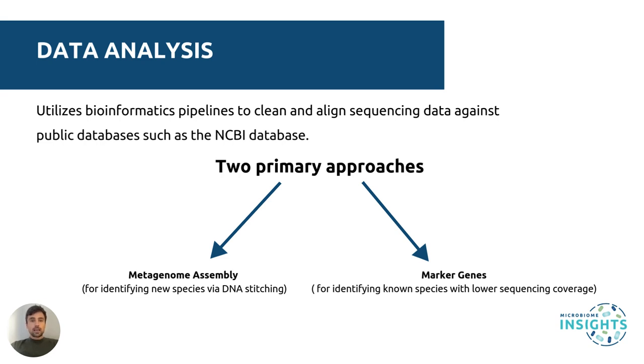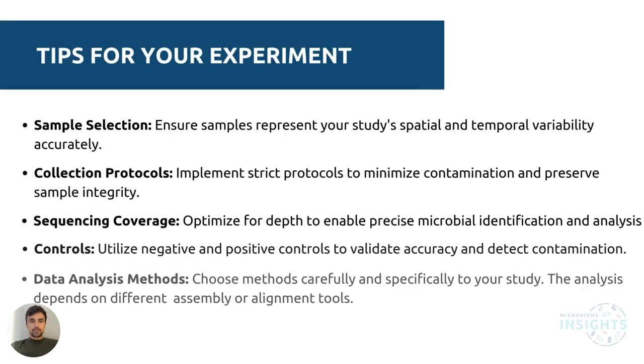The other approach is database comparison. If we're working with known species, we can compare the sequencing data against public databases, and this helps to identify species that are present in the sample, even at low abundance, using marker genes. These methods help us to make sense of the large datasets generated by shotgun sequencing, allowing for a better understanding of microbial diversity and function. However, there are multiple bioinformatic analysis approaches that could be applied depending on how you want to analyze and interpret your microbiome data. To conclude, the practical tips to keep in mind when planning your shotgun metagenomic sequencing study include